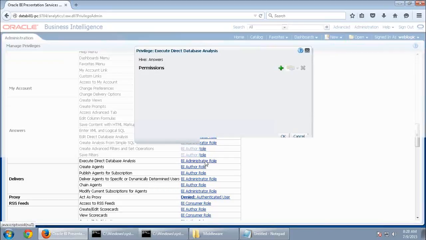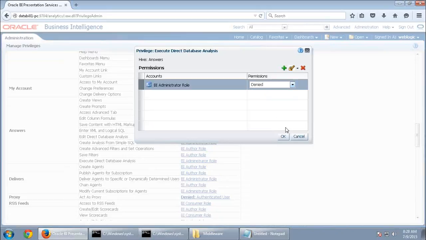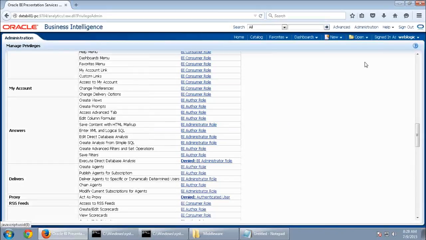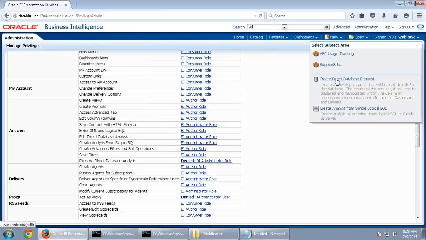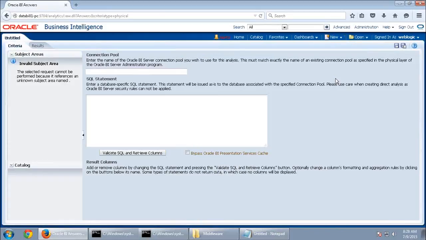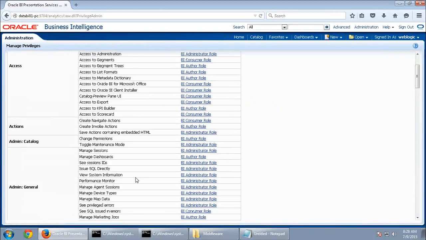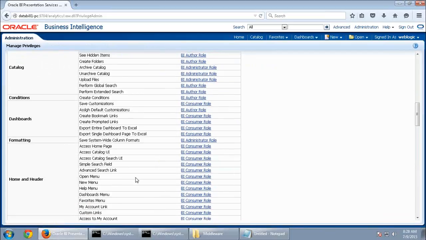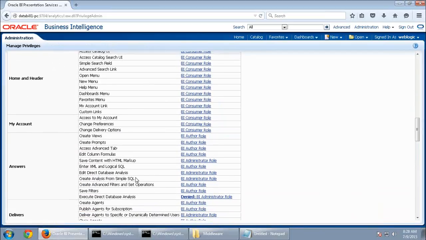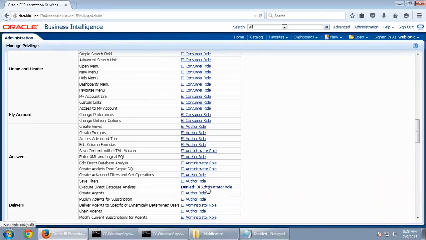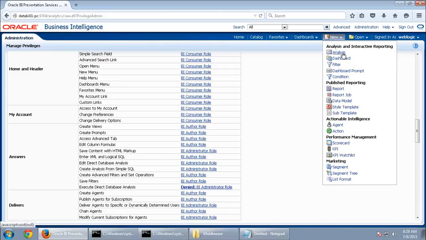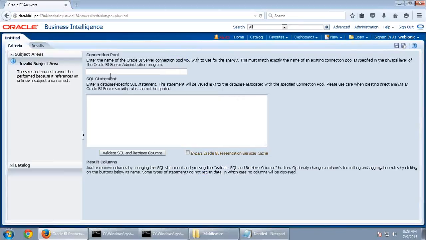Now let me give no access for this role. So for BI administrator also I'm denying it. So just go for new analysis. What is this? Okay, let us see if it works. Give the connection pool name as supplier CP.